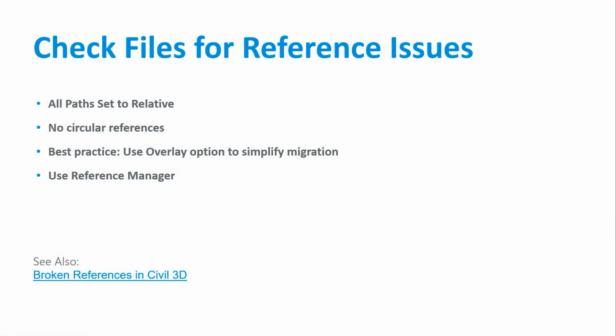And so this is going to involve going through all of our files, and the big thing we want to make sure we're doing is setting all reference paths to relative. That's all DWG paths, any Excel paths, those can be relative. We want to make sure those are relative. That is huge. I'll show you how to use the reference manager to check for reference problems. Although it's so difficult to get AutoCAD to make a circular reference, I don't actually have an example to show you, but I'll show you where to look.